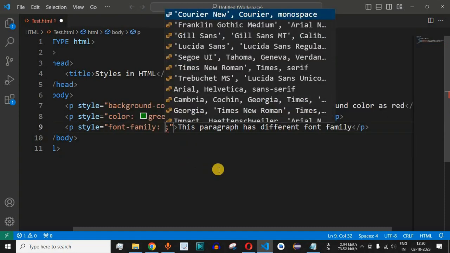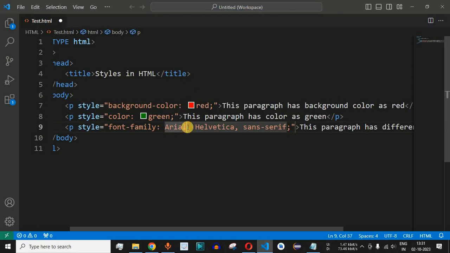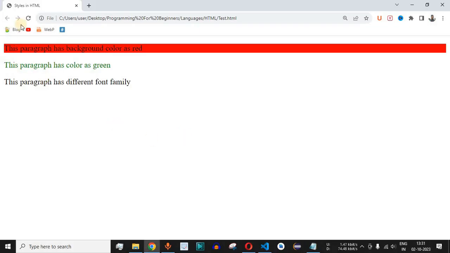The default font family that we are using right now is the Times New Roman, but instead of this, let us say we want to provide something else. So let's say we want to provide this Arial font family. So we select this value, and then when we save this file now and try reloading this page once again, as you can see, the font family for this particular paragraph has been updated now. So this is the way that you can update the font family of a paragraph or any other tag based on your requirements.